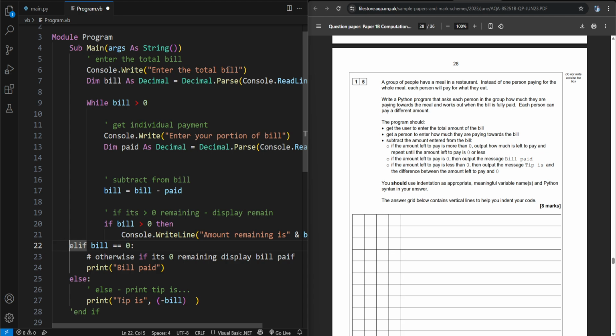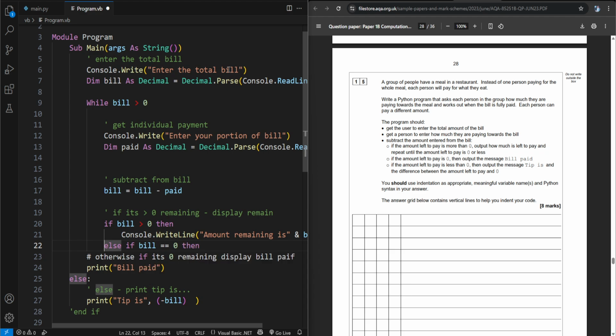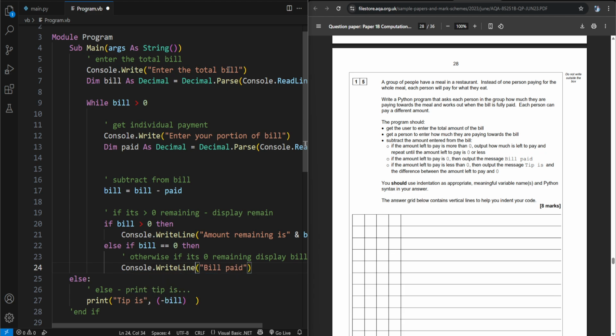And then, of course, we use else if the bill is 0, then we want to, again, console dot write line,